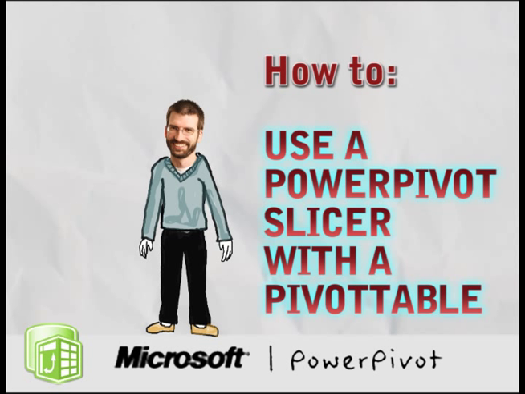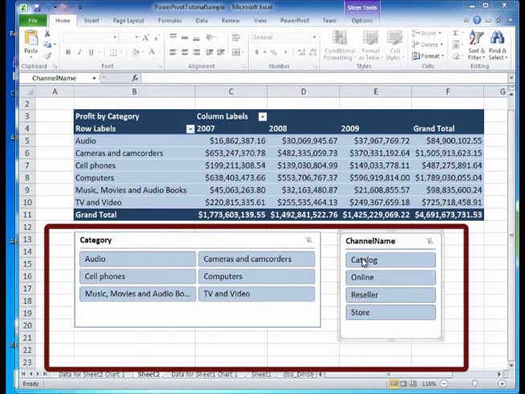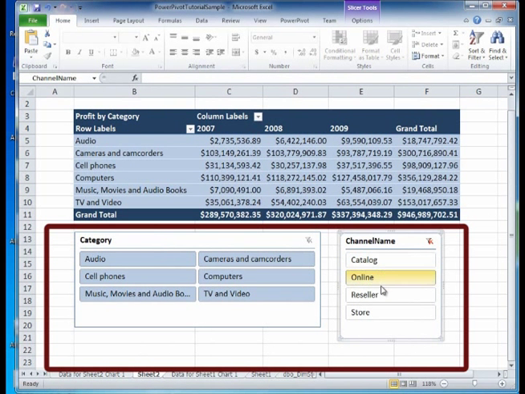In this video, I'll show you how to use PowerPivot slicers. PowerPivot slicers help me with my analysis by controlling what data appears in my pivot tables. Slicers can also be used with pivot charts, and the use of slicers with pivot charts is covered in a separate video. Slicers are one-click filtering controls that narrow down the portion of a data set shown in pivot tables